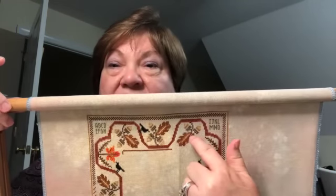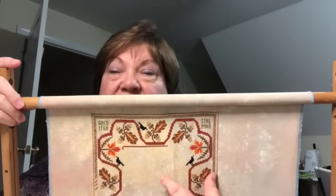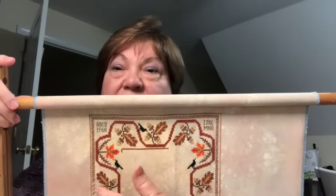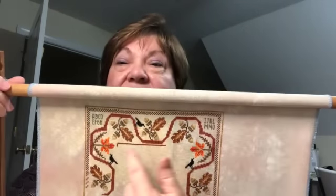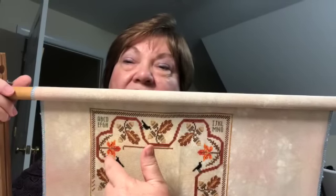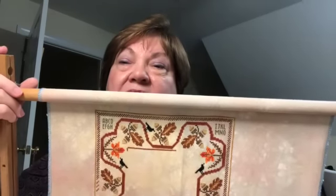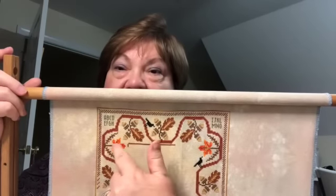So let me tell you what all I did. The last time I worked on it, I mentioned that only one of the flowers, the acorns, had their leaves on them. I had 3 that needed their leaves. And so the first thing I did tonight when I started stitching this afternoon was I put the 3 leaves in. And there's 2 colors in that. And then one of these flowers only had one color in it. I had just stitched one color of the leaf and the stem. So I had to turn around then and do the second color in the leaves and then do both flowers,